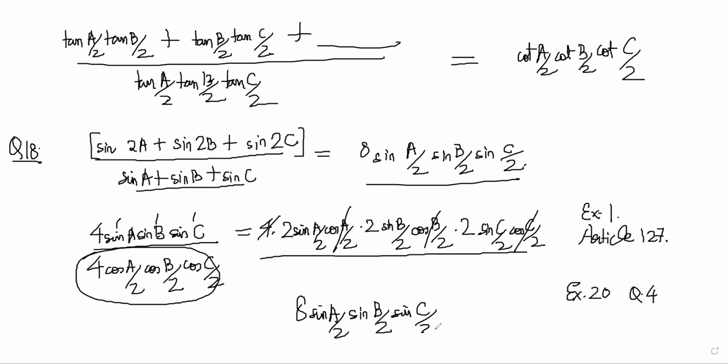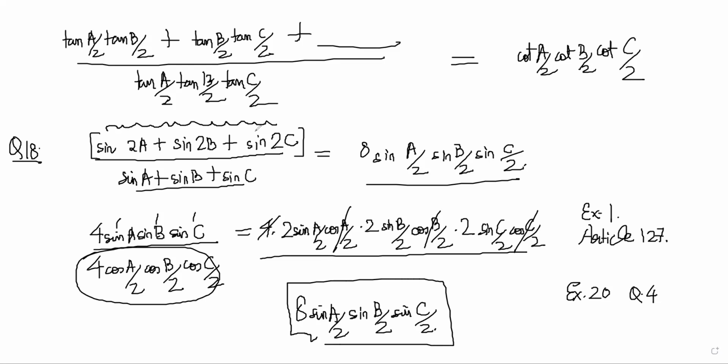So again, I am using the knowledge of the identities, but obviously you will not be able to remember all of them. So you'll have to express this as something, like basically prove that this is equal to this, prove that this is equal to this, and then divide and get it.